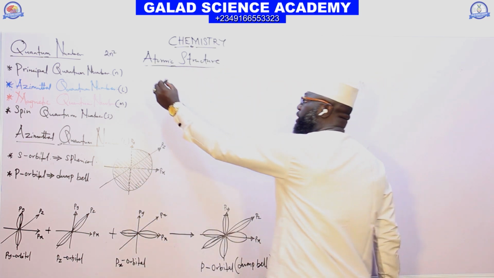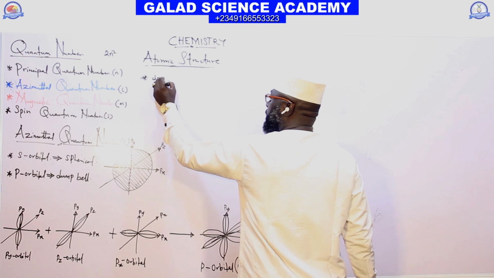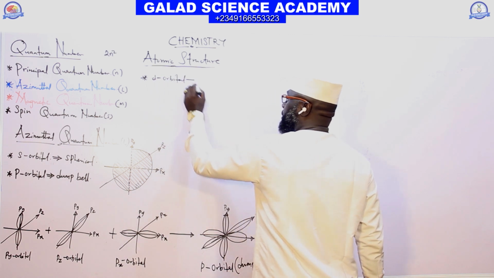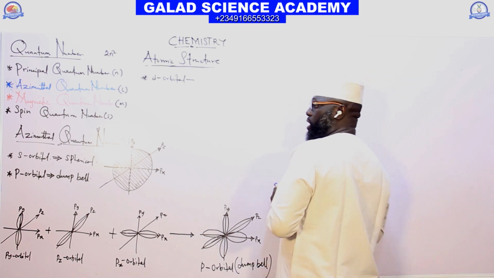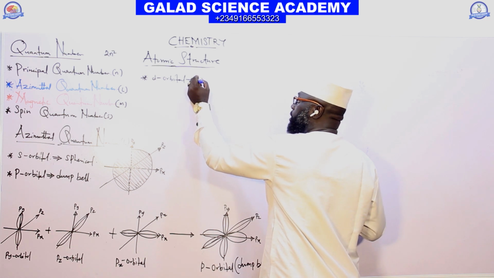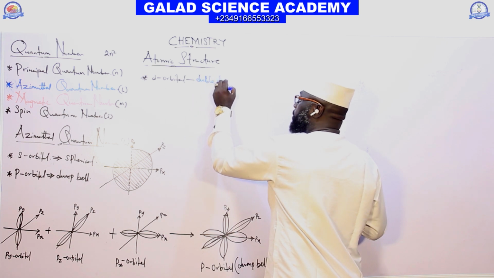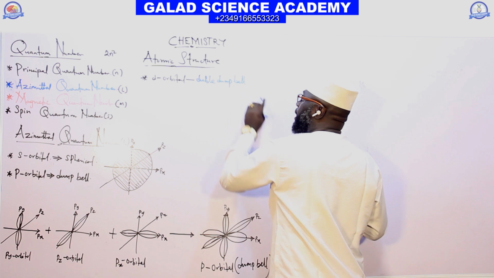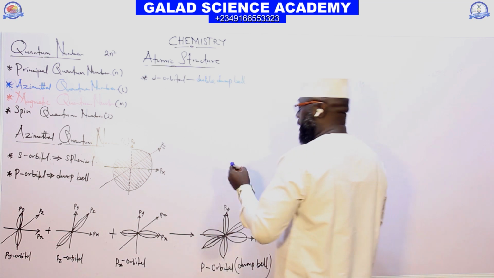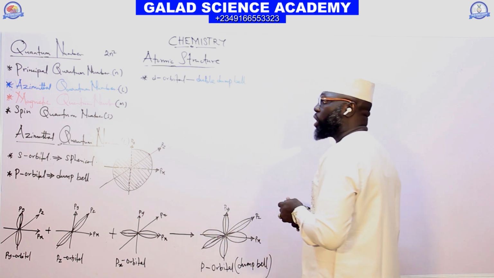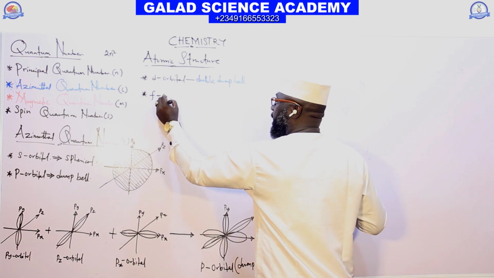And the next one is the shape of d orbital. The shape of d orbital is known as double dumbbell. Double dumbbell. That's the shape of d orbital. The shape of f orbital is